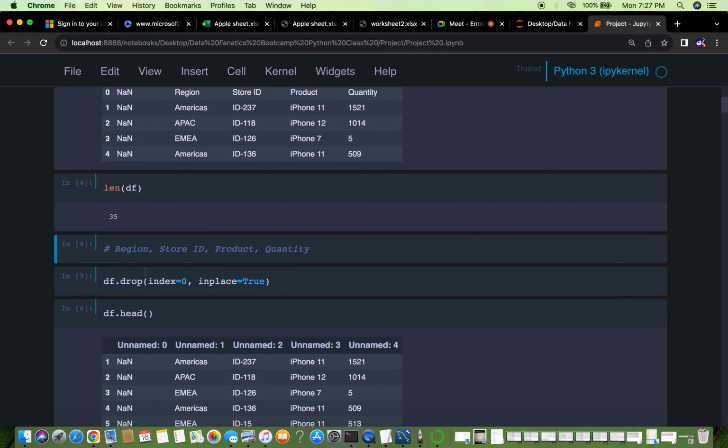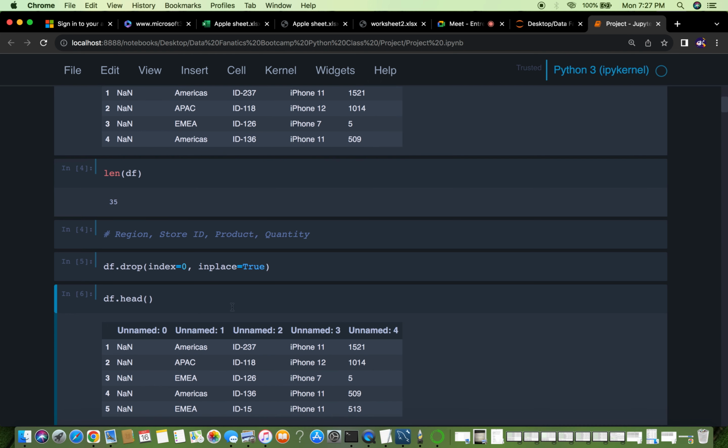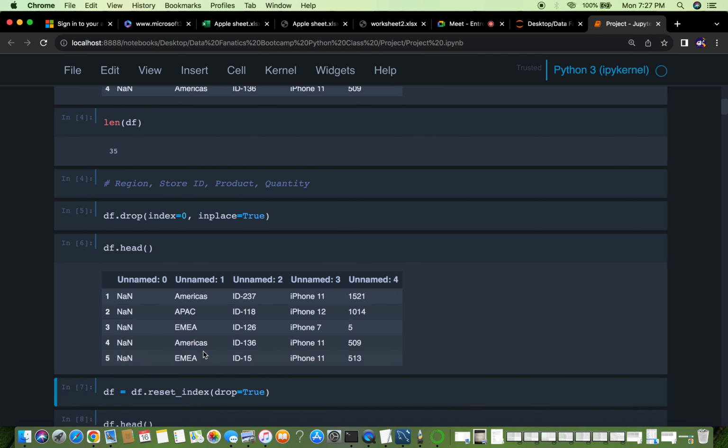So now, getting rid of the first row, I have to use df.drop index 0, which is like the first index, then inplace equals True. Inplace equals True is like mandatory, to make the change effective. So if I run this now, and I run this now, I can see that this does not even work, because,